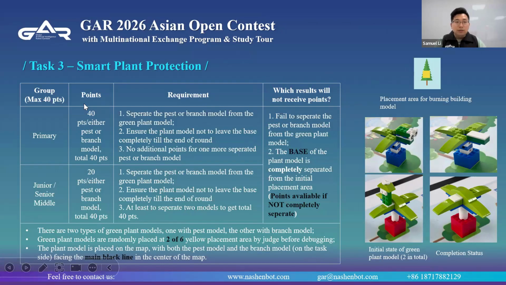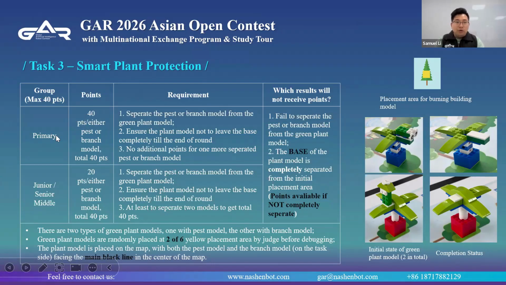Task 3, Smart Plant Protection. For this task, the maximum point is 40 points. For primary and junior and senior middle school, it's different.